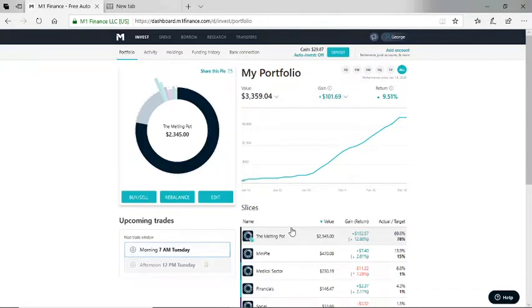So as I go through here, you can click up here and you can see your activity. So as I said, I've had the app for a little over a month. Right now it's a month and a day. And what I like about the app, I haven't had it a year yet, so it won't show you a year's worth of activity, but I've had it a little bit more than a month. So if I click on 1 quarter, you'll see that I made a gain of $101.69, and that equals a return of